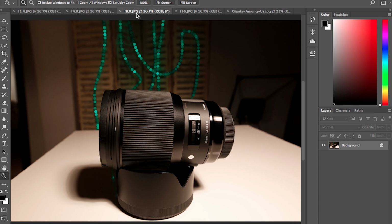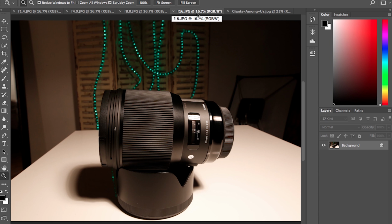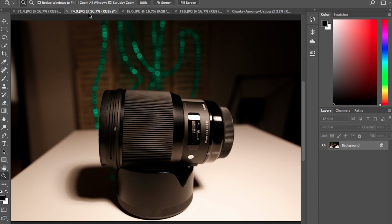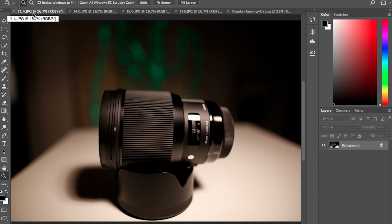The 8.0 and the 16. There we go. Gives you an idea of the difference in bokeh and the depth of field between the four of them. And I'm going to go backwards to give you an idea this route. There's the 16, the 8.0, the 4.0, and the 1.4. Again, the bokeh is absolutely gorgeous at 1.4,